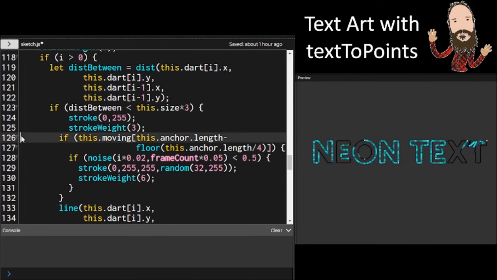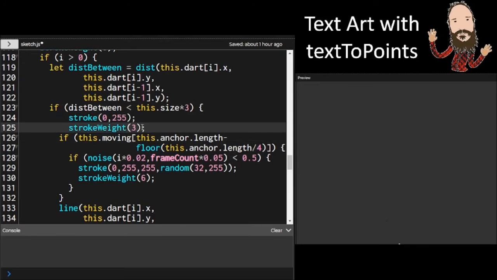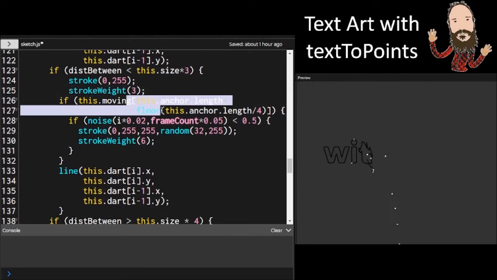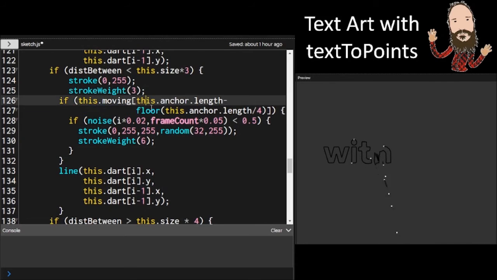I have a default color here of black and a default width, and that's like the starting state. Then when I reach a certain point, it can start to glow with the blue, and that's what's happening here. I'm going down that array of darts so far, like 75% of the way, and I'm looking at that dart and waiting for it to be let go or turned on. So I'm looking at this dot mover, the element number 75 out of 100, we'll say, and if it's on, then I want to